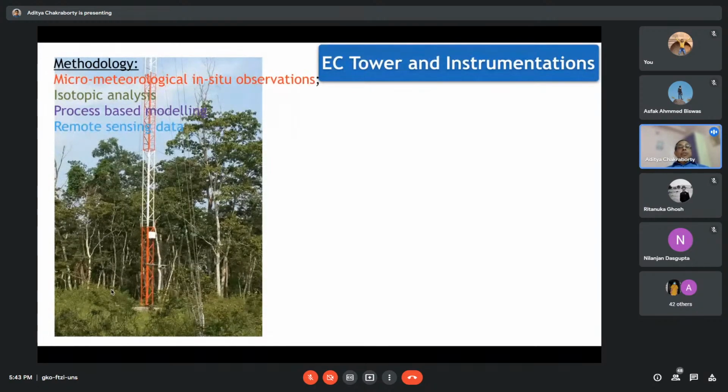Micro-meteorological observation is carried out in a tower which hosts several kinds of sensors and equipment. And then there are of course other methods. For example, isotopic analysis is also used. Of course, it is not used directly, it is not an alternative, but it is a supplementary method which can also